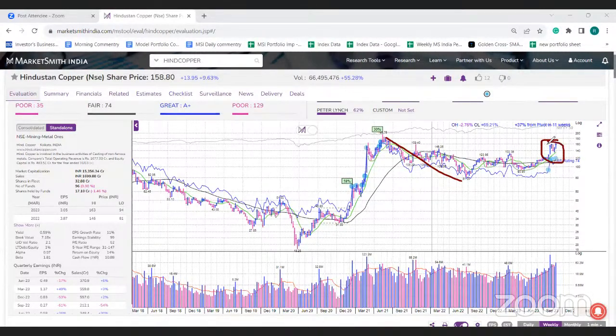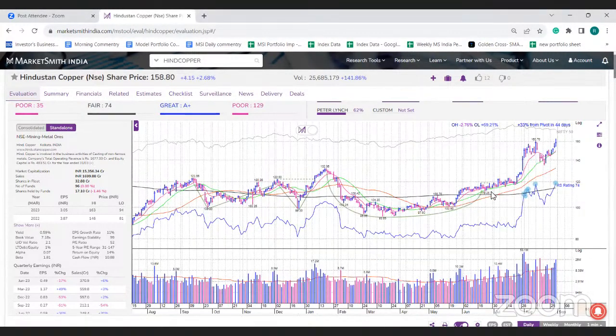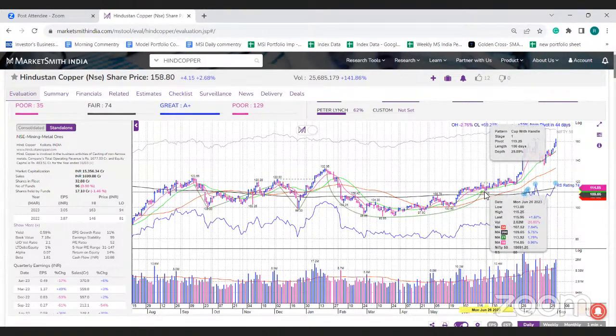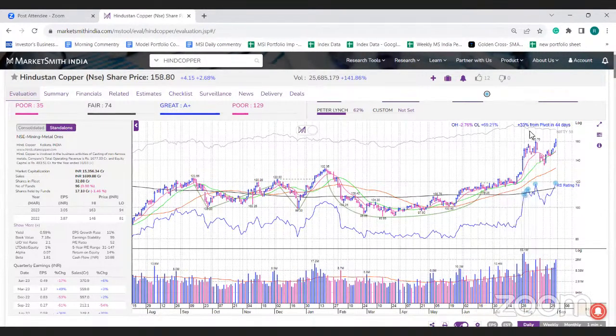So since the last few weeks, or you can say month, there has been good traction in Hindustan Copper. Broadly, there was a good base formation over here, but abhi काफी extended, 33% from the base, and it's highly extended from key moving averages as well. So as I had discussed in a few other stocks, wait for a fresh base or pullback to some moving averages. थोड़ा consolidation का time देना पड़ेगा इसको. Do not chase it. If you are already holding it, I think 21 DMA can be used as the stop loss.